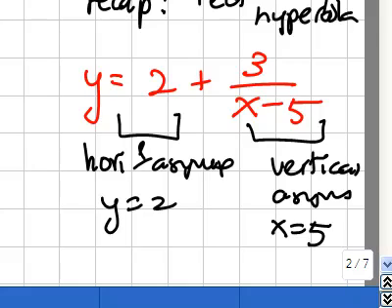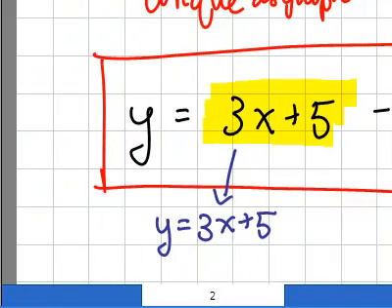Now this is the end of this snippet. If you want to see how to actually draw the graph with this kind of oblique asymptote, please go on to the next snippet. So this is the end of part